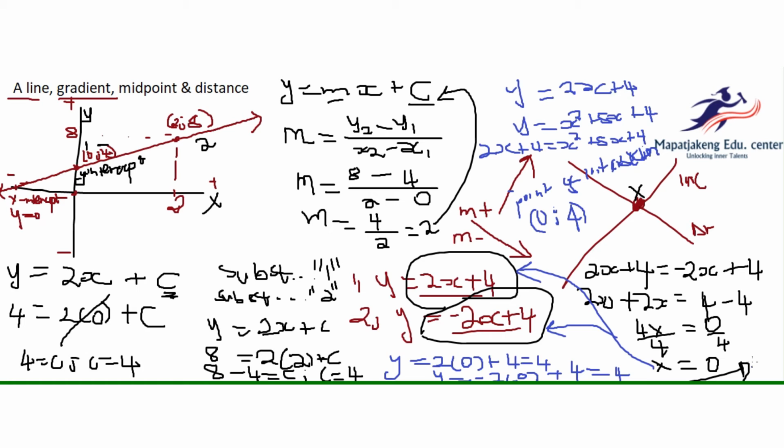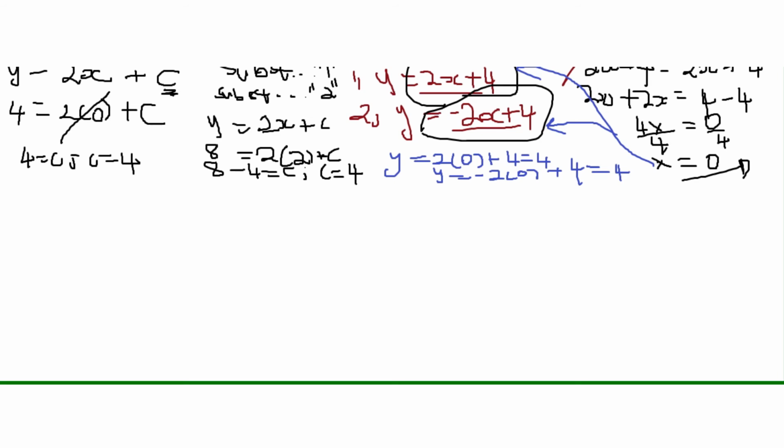Once you get x equal to 0 and 4, you substitute in either this one or this one, then you get your y value. That's it. As simple as that. So yes, as we move right along,